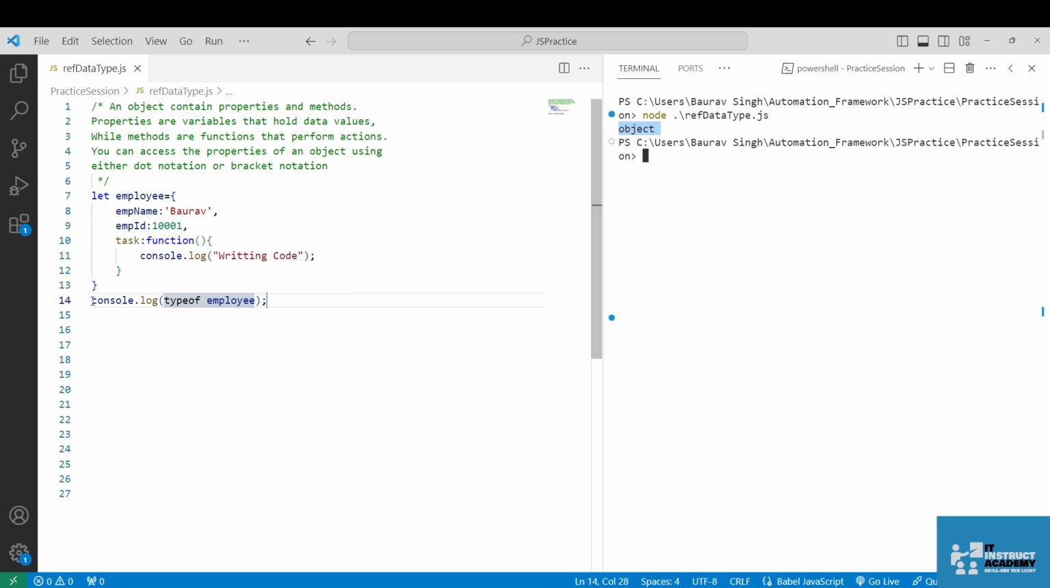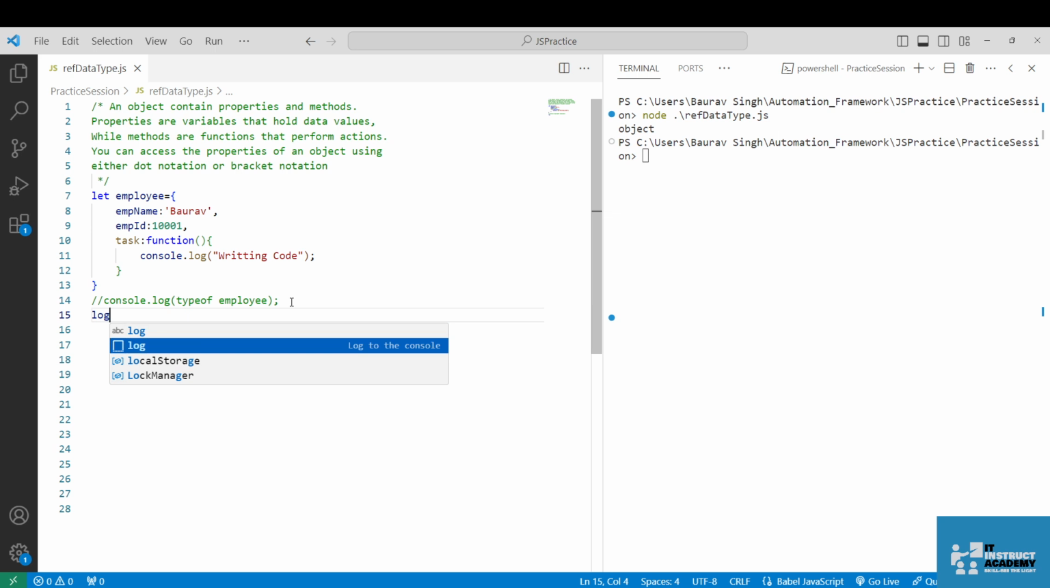So this is done. Next thing is how we can access these particular values, right? Borrow, this employee ID number, right? How can we access that? To access those values we have two notations: dot notation and bracket notation. So first we will see the dot notation. Log we have, and then